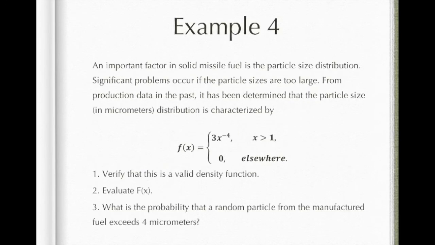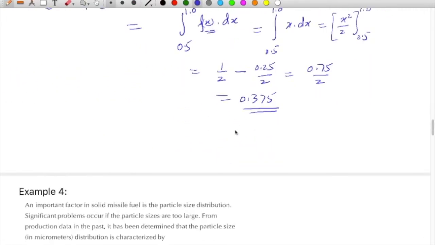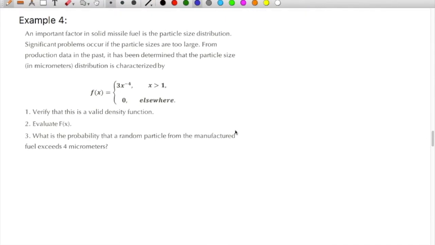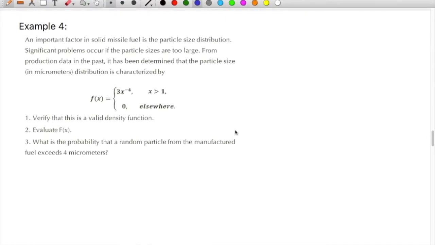See another example. I will solve it in short over here. An important factor in solid missile fuel is the particle size distribution. Significant problem occurs if the particle sizes are too large. From production data in the past, it has been determined that particle size in micrometers distribution is characterized by